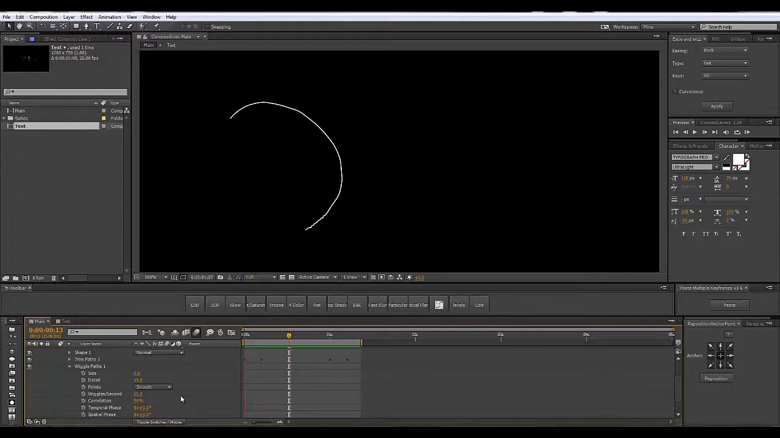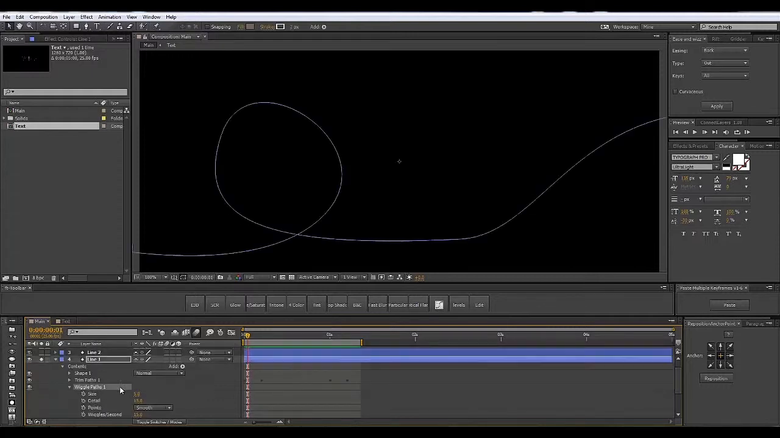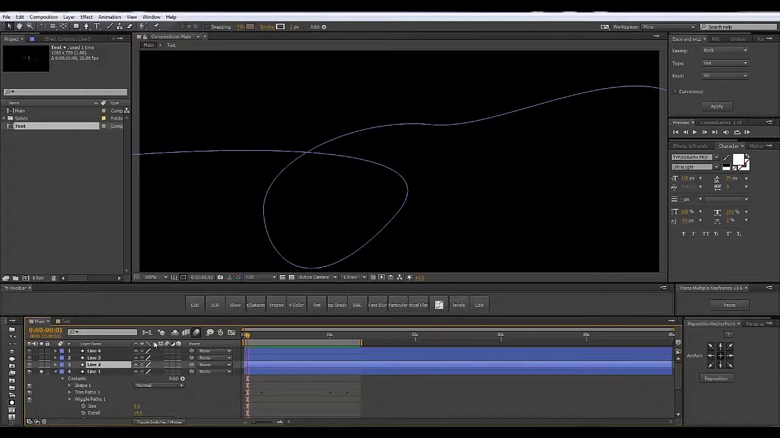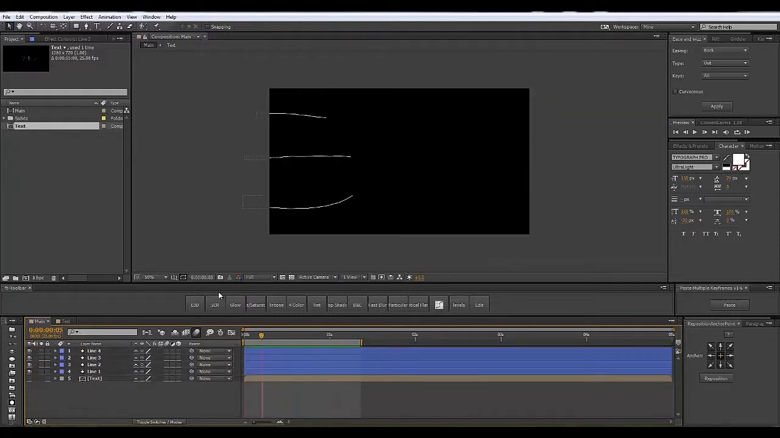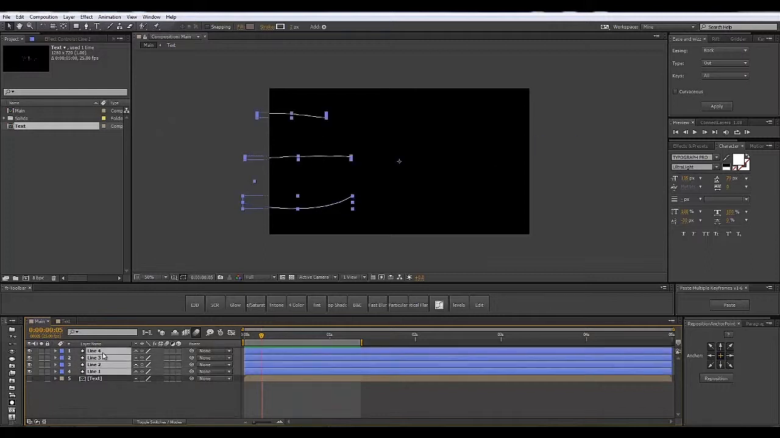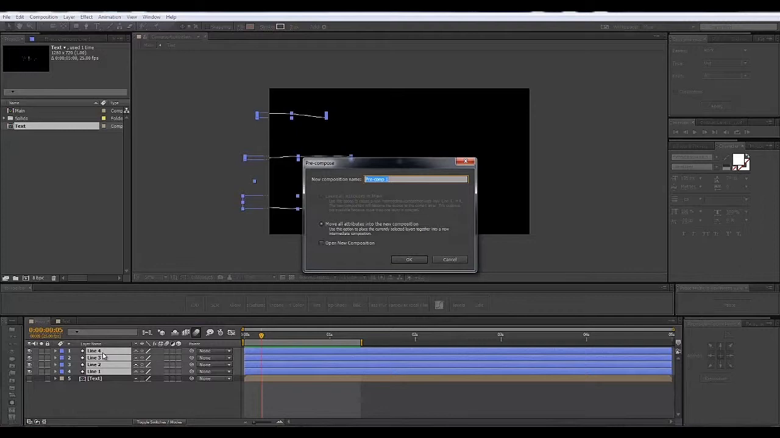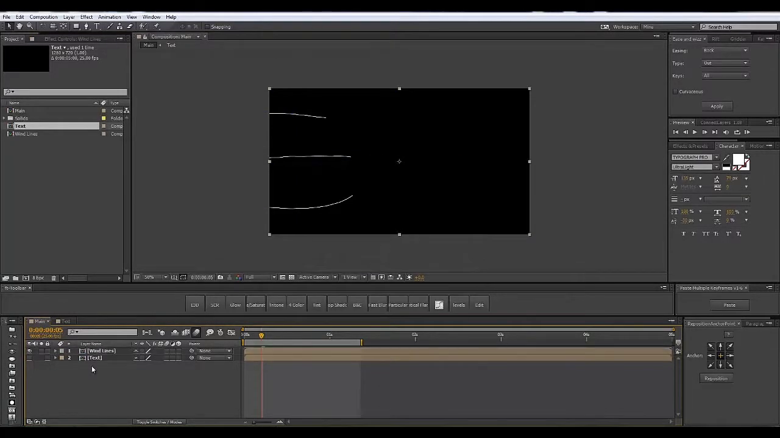So the line looks like this, and I'm going to copy this wiggle path animator or deformer and paste it onto the other lines. I'm going to pre-compose these 4 lines, so select all 4 of them, Ctrl Shift C on the keyboard and call it wind lines. Now we have our basic elements. I'm going to make the wind lines comp invisible in the timeline,